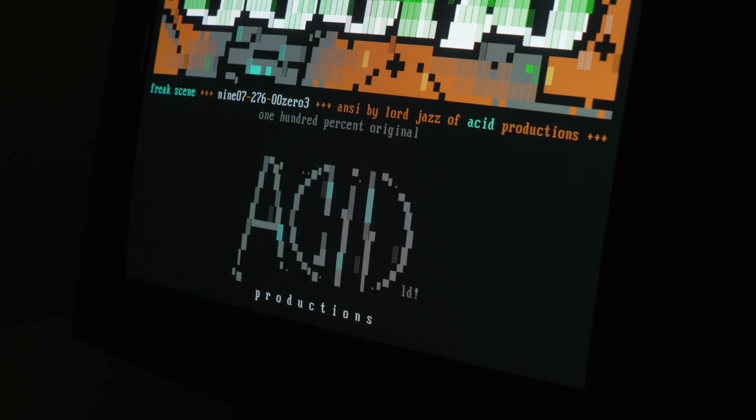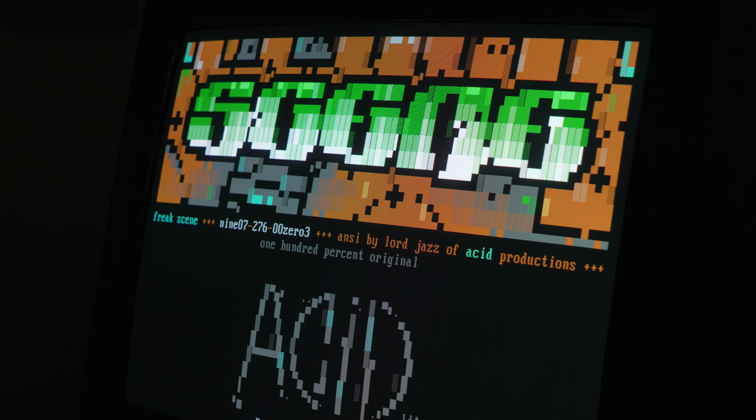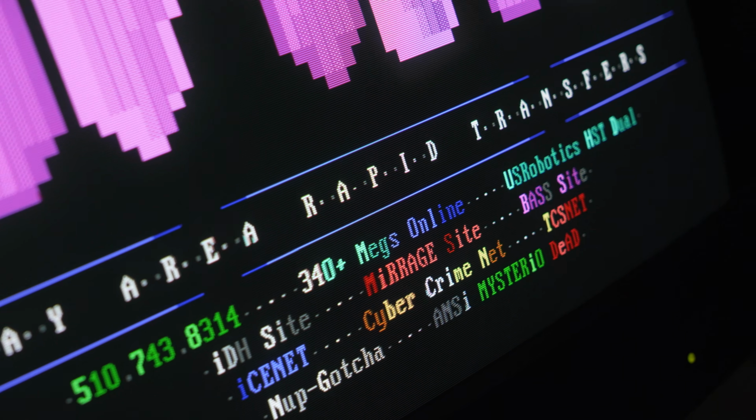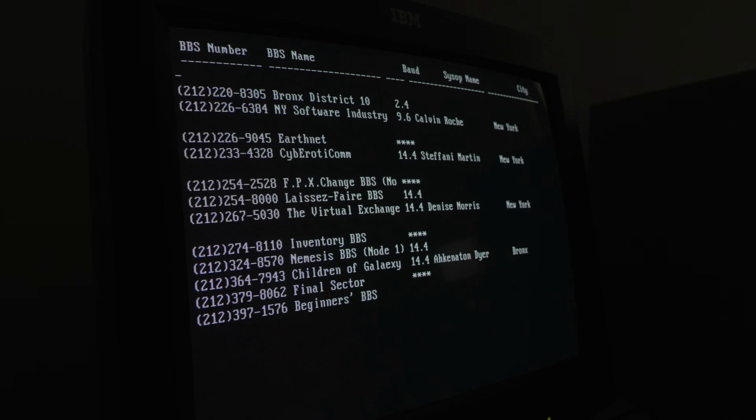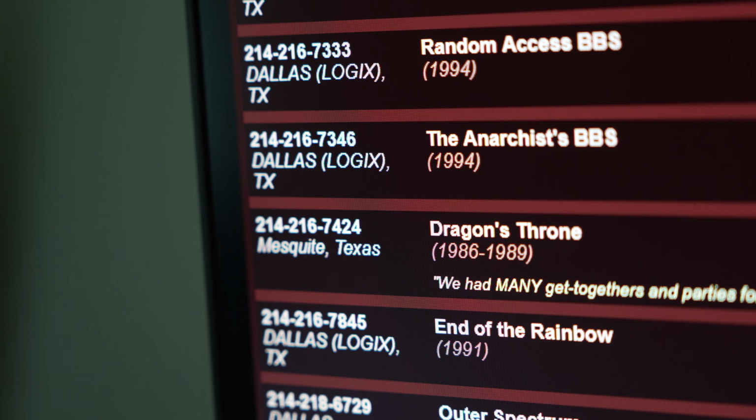For most teenagers during this era, it was difficult to even get glimpses of the scene, as many scene BBSs originated in big cities like New York City. The concept of being charged for a long-distance call is completely foreign to us today. But back in the 80s and 90s, it could be downright expensive to make a call outside of your local area code. This meant that, especially for a teenager, you were really just limited to calling the boards in your local area.